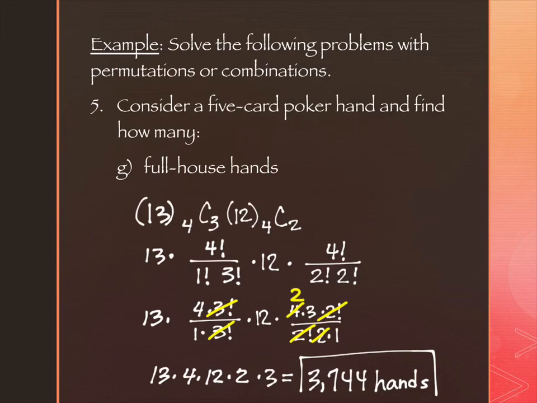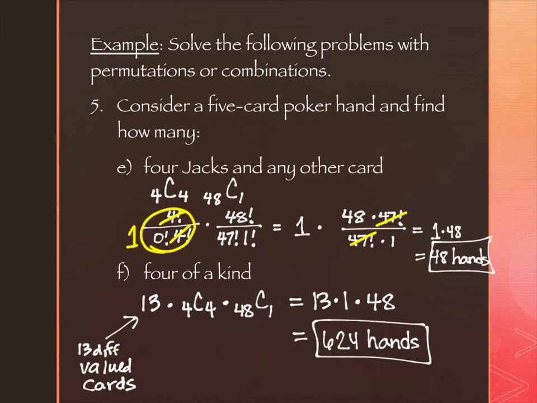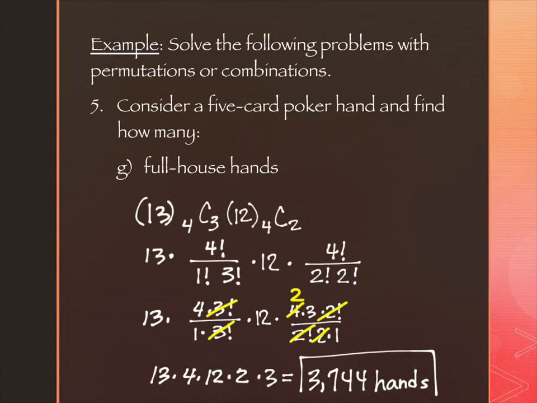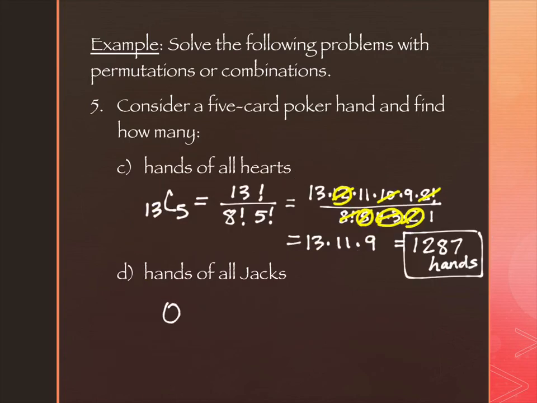And that's not very many, right? I mean, compared to the 2.5 million. But it's more than this one, right? So getting 4 of a kind is better than getting a full house. The full house, however, is better than the flush. Because remember, this is a single heart flush, and I have 4 times this many of the total flushes. Okay, so a full house is actually more rare, which would mean that it would be the winning hand compared